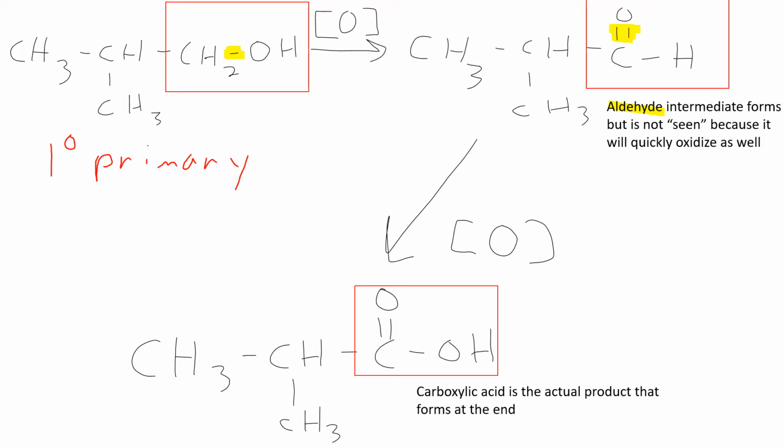The second thing that we're going to end up seeing, I'm going to highlight this in green, is that in order to make room for that new carbon-oxygen bond, we had to get rid of a carbon-hydrogen bond. So if I look at that primary alcohol, notice that I have two hydrogens bonded to that carbon. How many hydrogens do I have bonded to that carbon in the aldehyde product? Just one. So I lost that carbon-hydrogen bond. So I gained a carbon-oxygen bond. I lost a carbon-hydrogen bond.